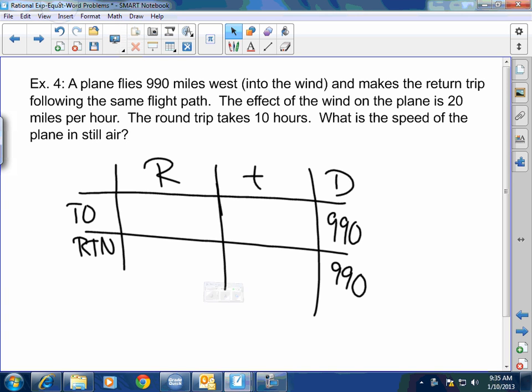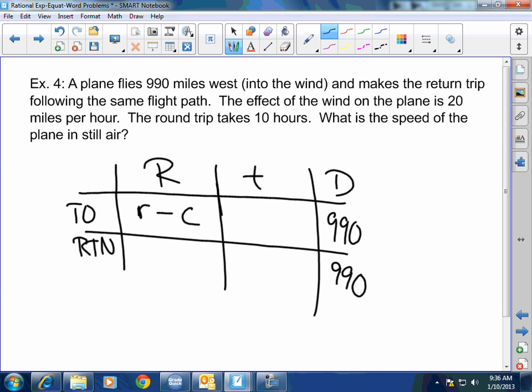Okay, so yesterday we had a little bit of confusion here. Hopefully I can wrap this up and make it a lot easier for us. So we know that a plane flies 990 miles west into the wind, okay? So they have a rate, but they're going into the wind, so that's against it, right? So the air current, the wind,